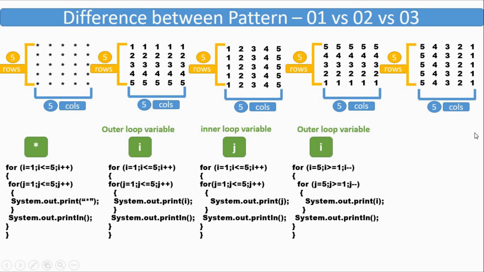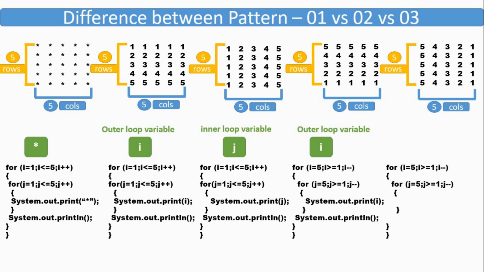Similarly, in the last pattern we can see that the number of rows and number of columns are the same, and the outer loop and inner loop will run 5 times. The pattern is printing like 5, 4, 3, 2, 1, meaning the value is changing column wise. It means printing requires the inner loop variable. Here we can see the pattern is printing in decreasing order, so our inner loop will initialize from 5 to 1. So the code of this pattern will look like this.